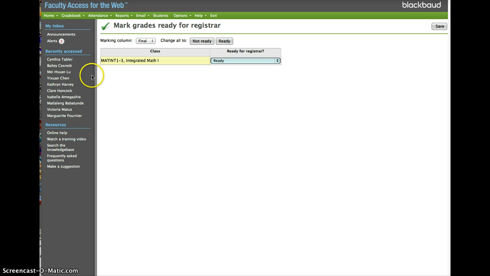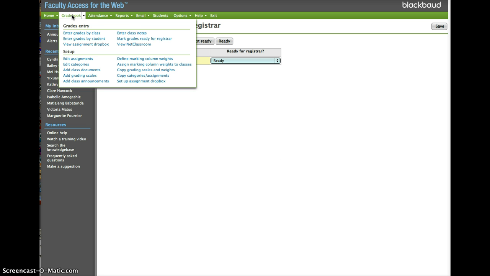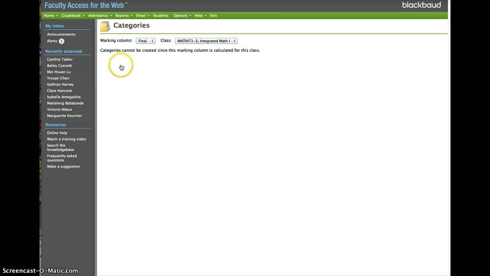Okay. Final thing is under gradebook, and you can decide as departments, if you haven't done so already, about your distribution of your categories, but I just want to walk through adding categories, editing categories, and make one last point. I always like to talk about the value of using the comments for factor